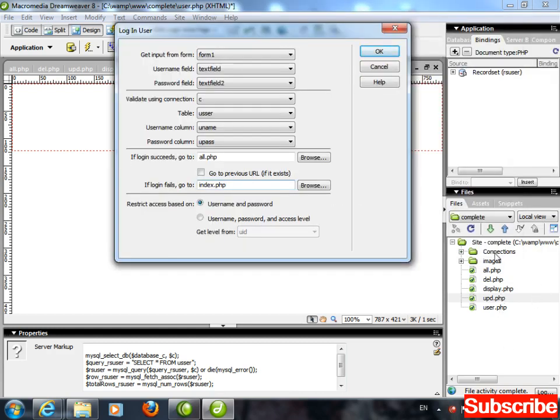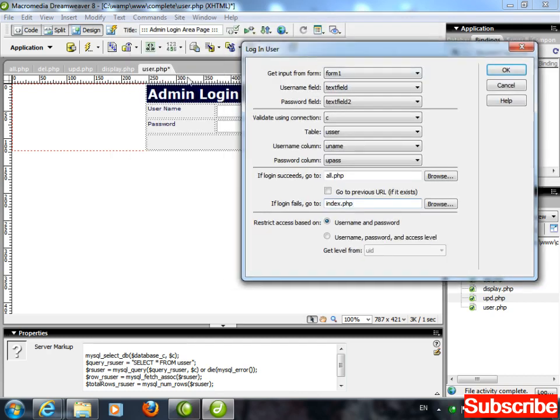Right now I am going to create the index.php page. Watch carefully once more. You are having form 1. Username field, this is your username field. Next one, text field 2, this is the password field. Validate using connection C. Which table? The user table.